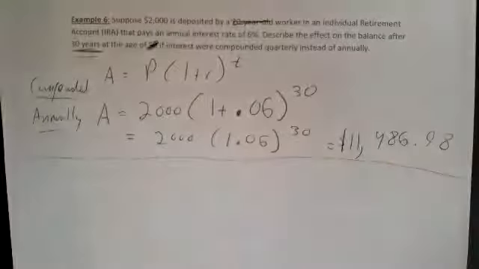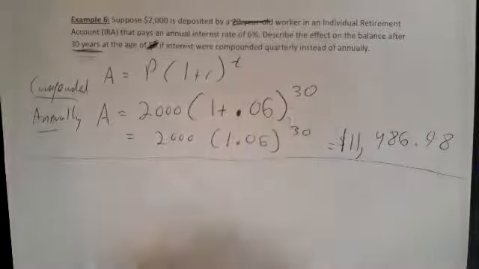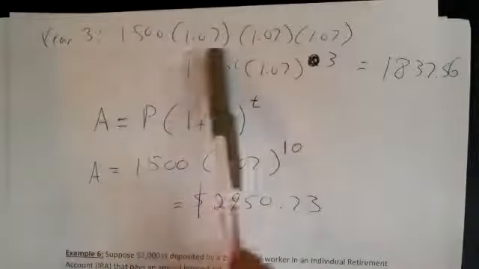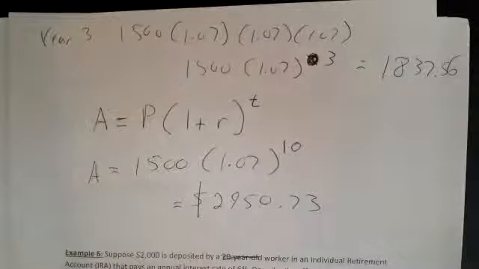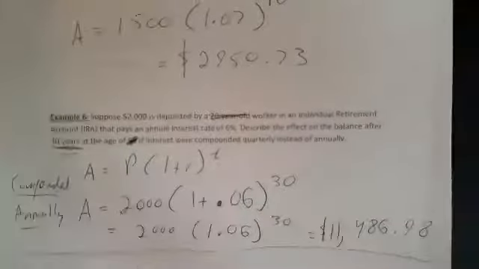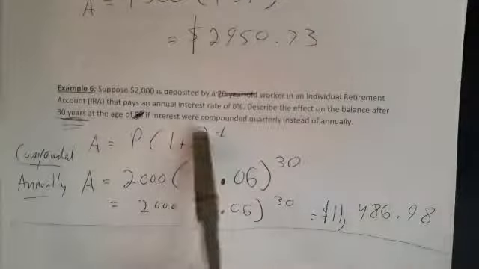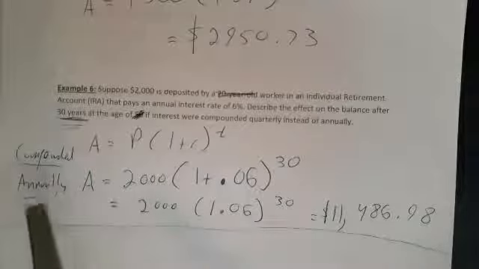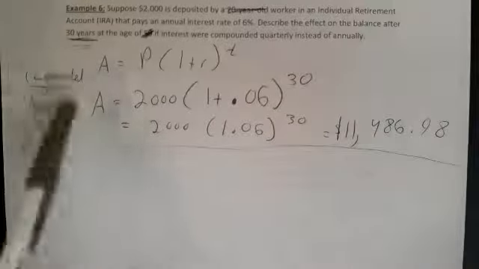And so we want to talk about this thing being compounded. Being compounded means I figure out the amount, right? And so each year, like when I did this one, I would actually figure out the amount for that year. And I would go year by year and crunch the numbers and figure out the amount. And then each year I would use the previous amount that I found to find the next year's, right? And that's sort of what we're doing here. We're crunching the numbers every year. And so compounding is kind of referring to how many times you are figuring out or crunching those numbers,